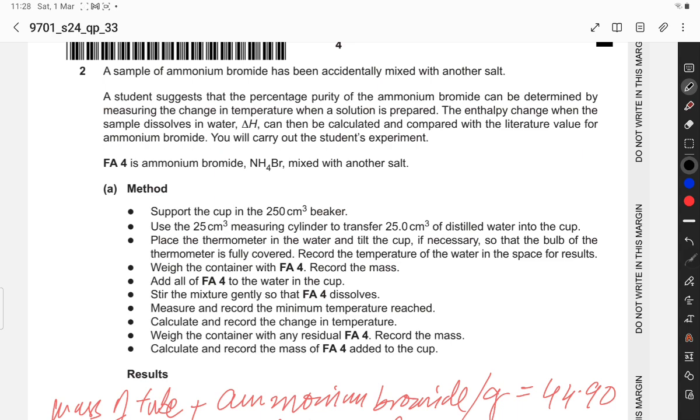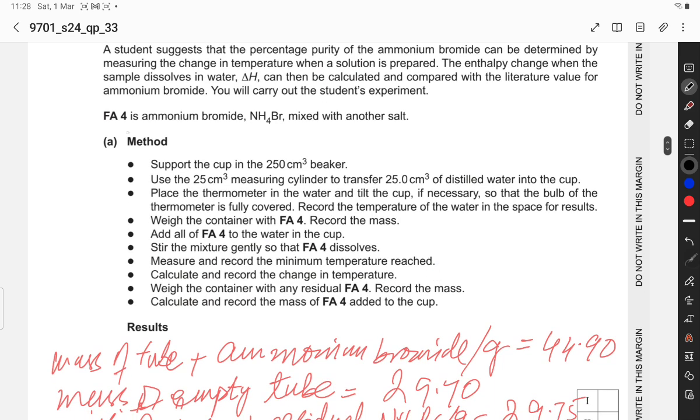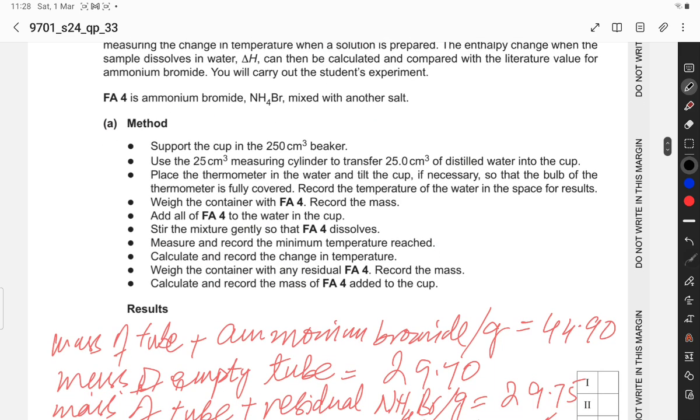You will carry out the students' experiment. FA4 is ammonium bromide mixed with another salt. Method: support the cup in a 250 cm³ beaker. This is the 250 cm³ beaker, and we place the polystyrene cup in this. This is how to use the 25 cm³ measuring cylinder to transfer 25 cm³ of